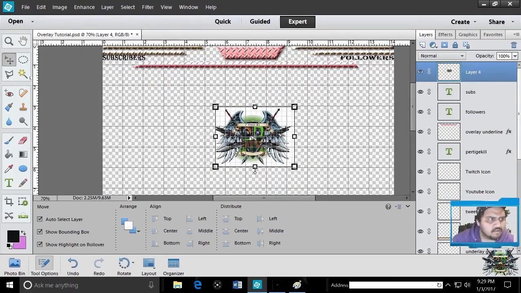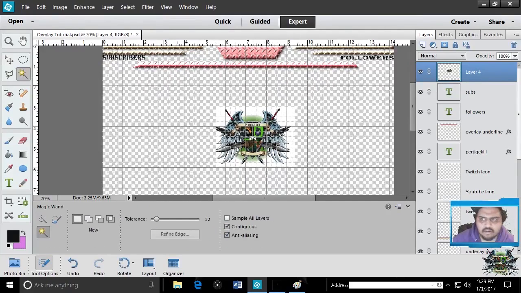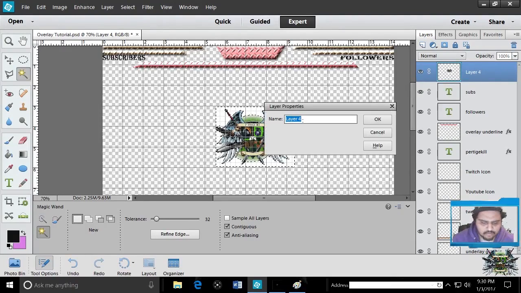you're gonna take your magic wand tool, click on it, click on the layer, and then click on the white part right here. Voila, it's just gonna automatically see what object we have, grasp that object and turn it into what we call the clear picture. So I'm gonna click on it, it's gonna do its outline thing, and I'm gonna rename that layer to